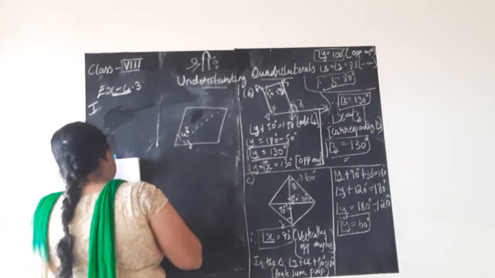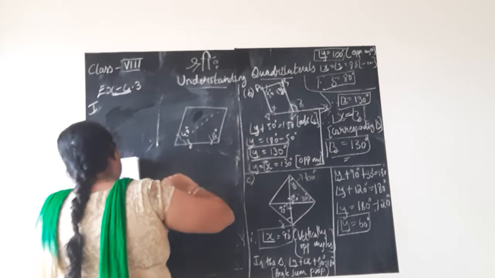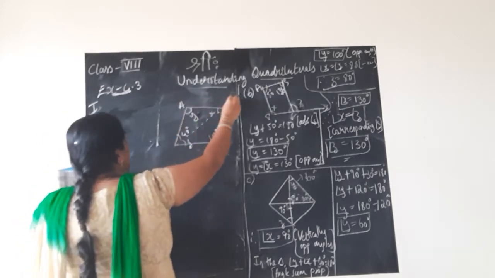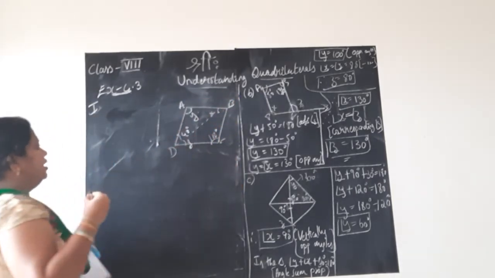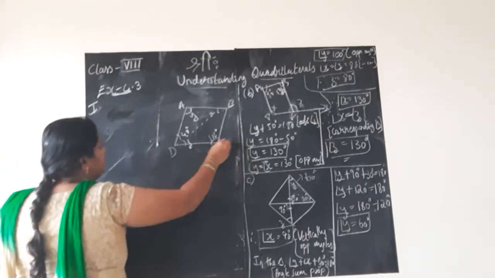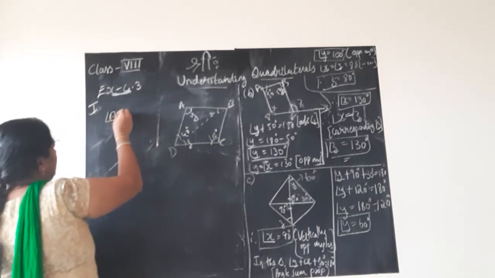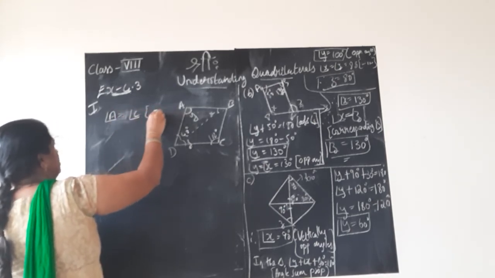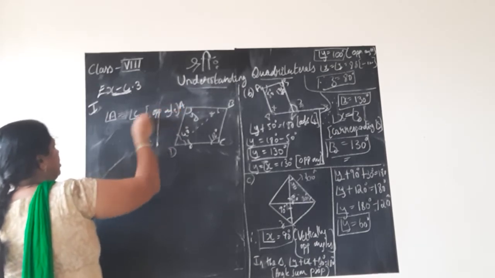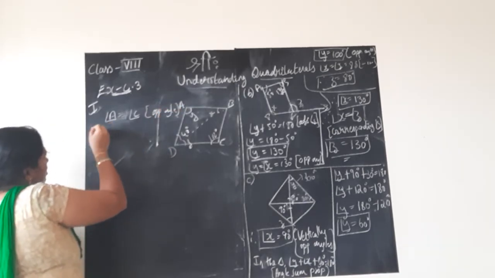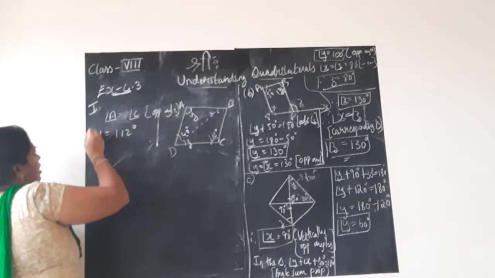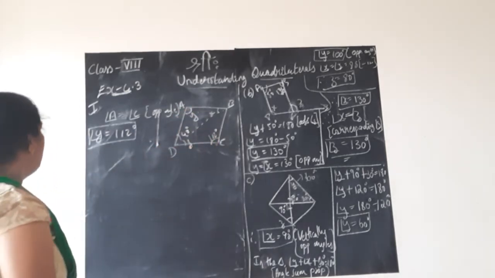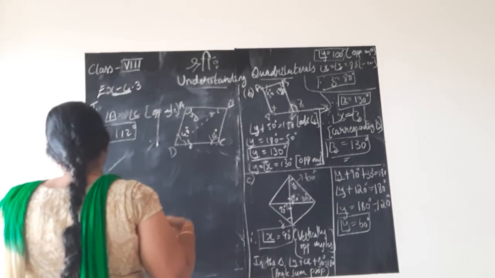This small angle is Z. This whole angle is 112 degree. This small angle is X and this angle is Y. A, B, C, D, I will label for my convenience. This is C. Now children, angle A, that is Y. Angle A is equal to angle C. Why? Because they are opposite angles of a parallelogram, you will write the reason. Angle A is nothing but Y. Angle Y is also equal to 112 degree. Why? Because they are opposite angles. Okay, so we got Y is equal to 112 degree.